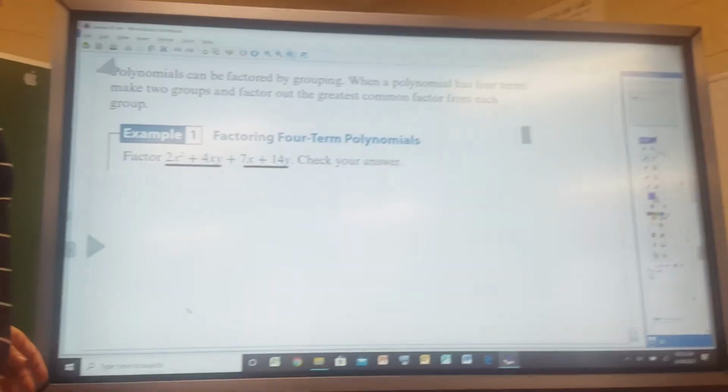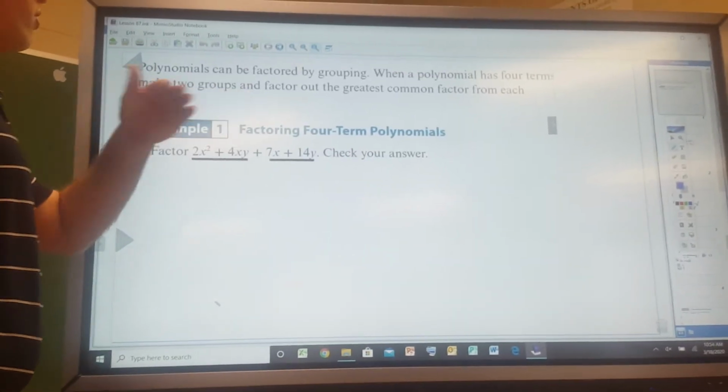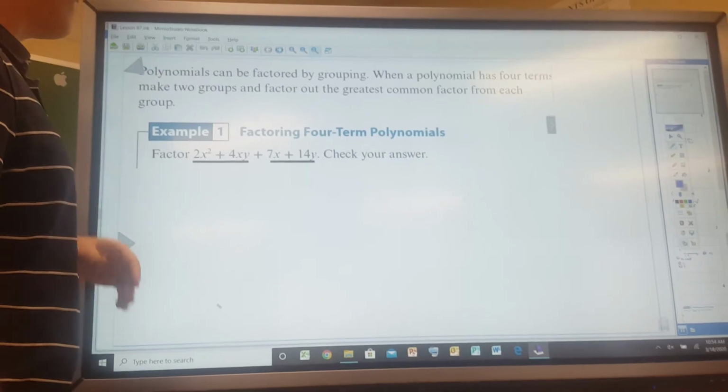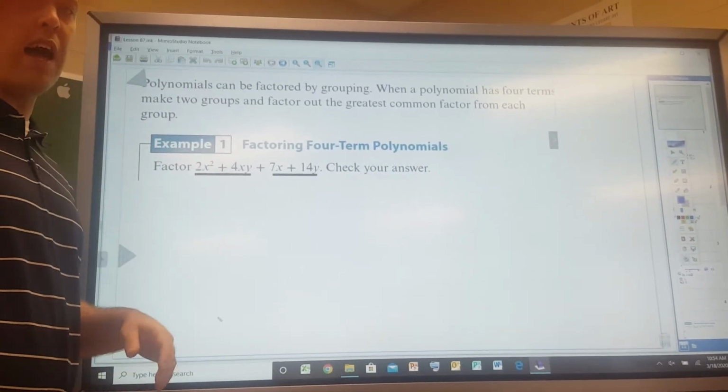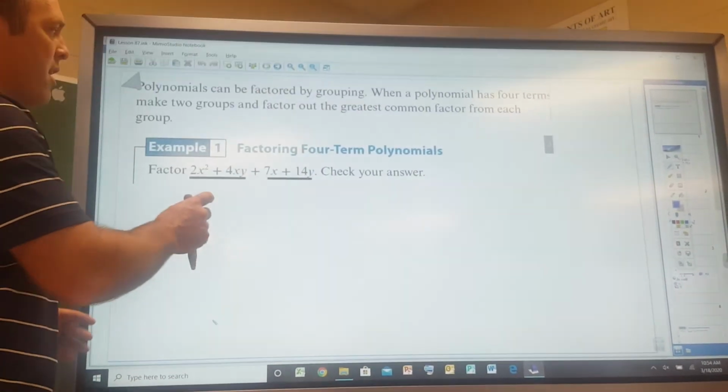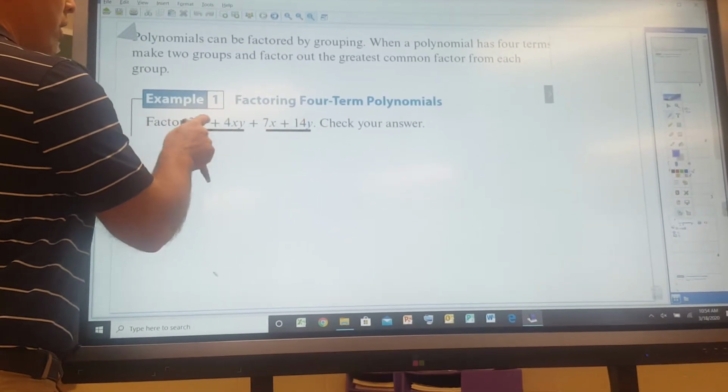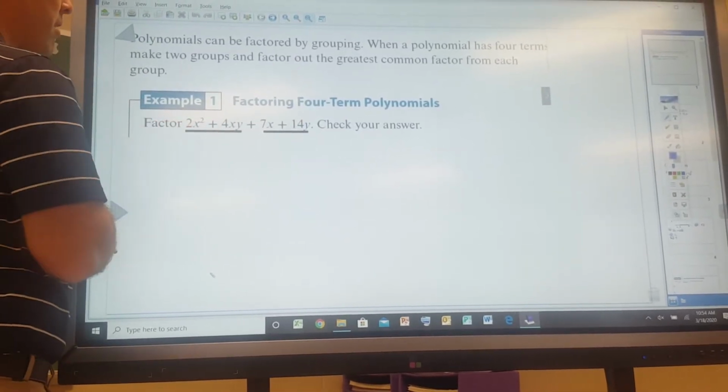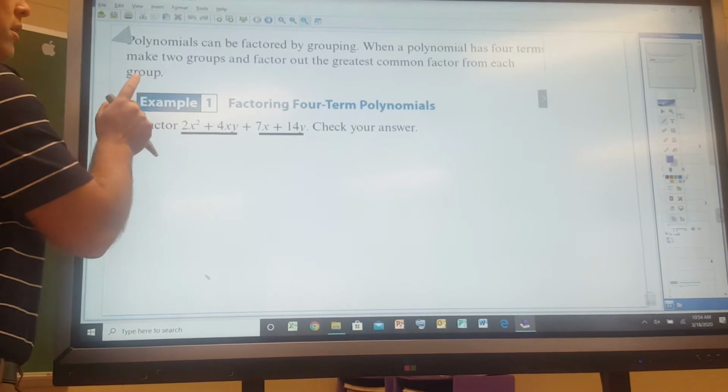All right, now we look at these 4 terms. They do not all share a common factor. But if we put them in groups of 2, we look at these 2 terms, which have a common factor of,